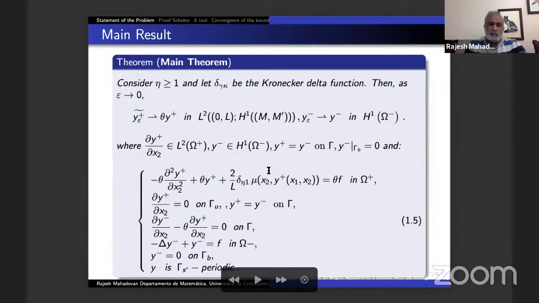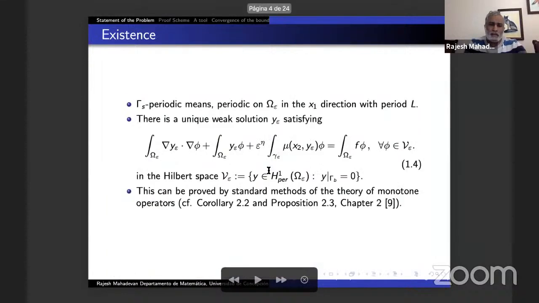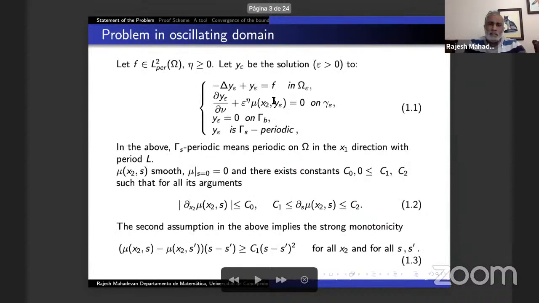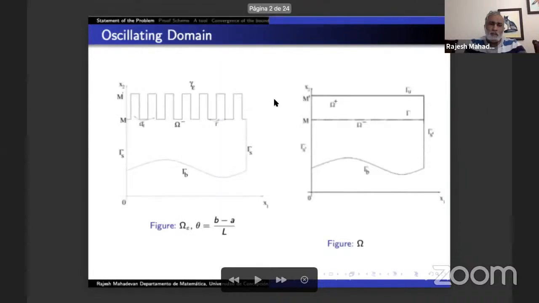And the Robin condition, which is on the oscillating boundary, will now reappear as a source term, as an interior term,